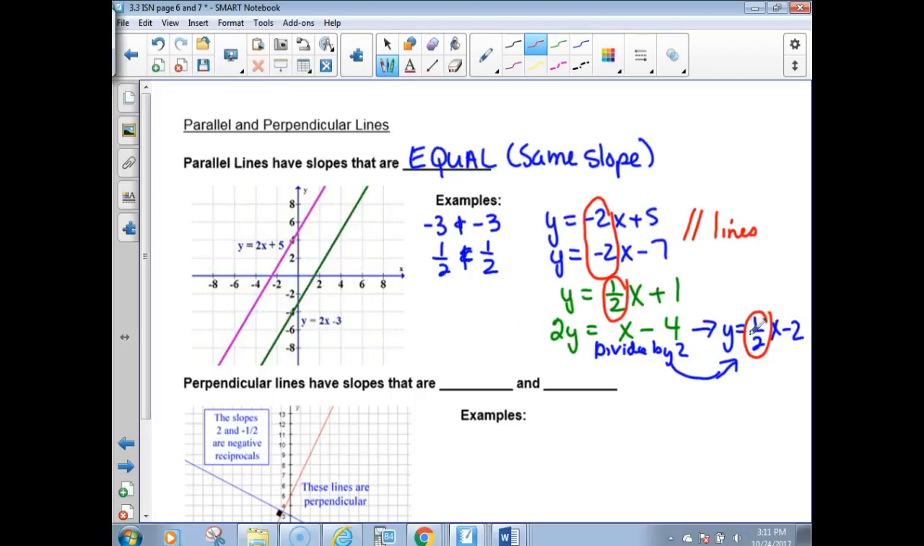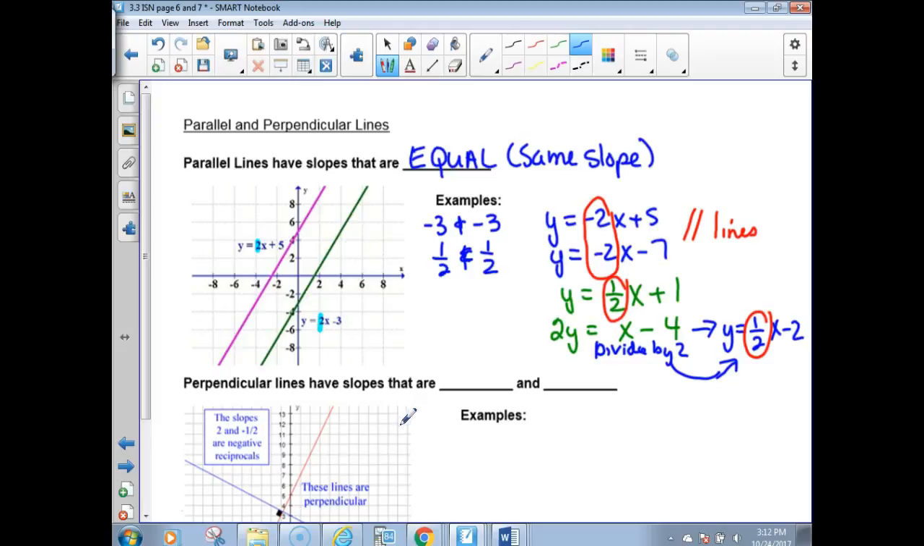You understand how I got the 1/2? I divided every piece by 2, and that would come out to this equation. All right, now over here, I'm going to go ahead and highlight the slopes on the picture. We're looking at that number and that number being the same. All right, and in the pictures of the lines, you can tell they're sloping